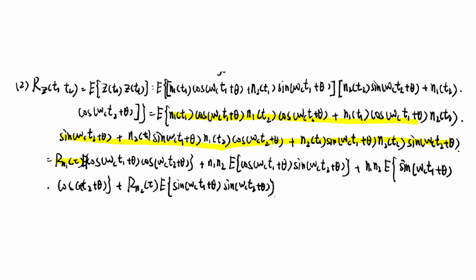And likewise, E[N2(t1) multiplied by N2(t2)] should be like this, R_N2(τ), and the E[N1(t1)] and E[N2(t2)] here,